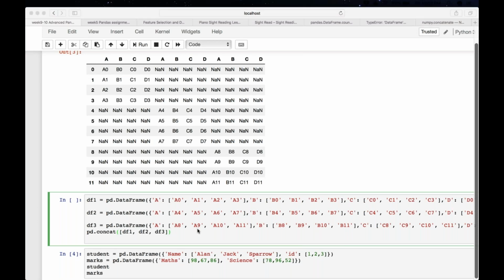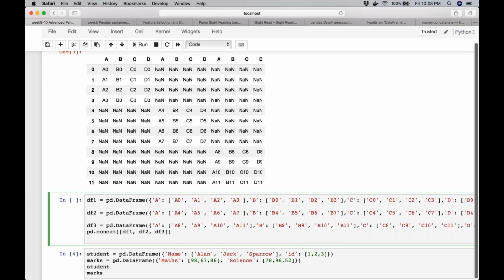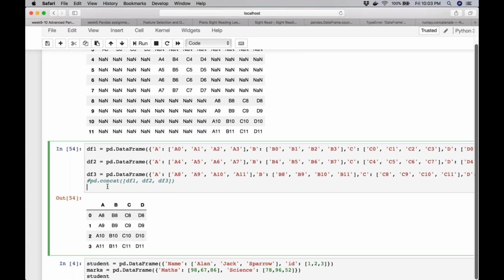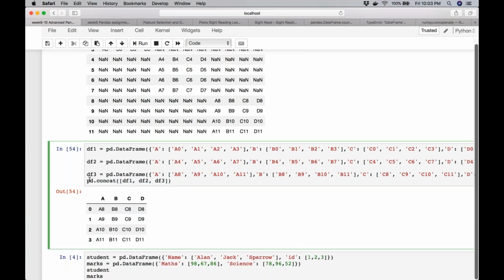So now I have 3 data frames once again, and I have not used the index argument. So let me see df1. That was as expected. df2, everything else remains the same. So our data is the same, column names are the same, but as you can see now the indices are once again starting from the default. Unless you make use of the index argument, the indices are going to be from 0 to the total number of rows minus 1. Similarly, df3 also has indices 0, 1, 2, 3. Now if I concatenate this without the axis argument, what's going to happen?